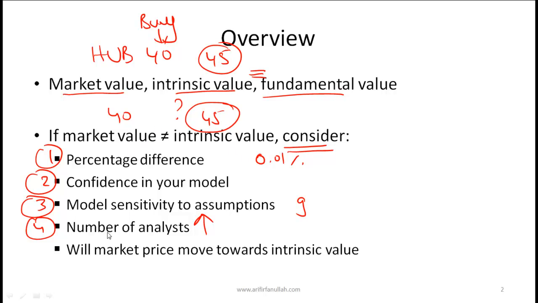And finally, even if you are convinced that the intrinsic value is more than market value, the question is whether you believe the rest of the market will agree with you in the long run. If you think that the rest of the market will not agree with you anytime in the near future, then you can be perfectly happy that the intrinsic value is 45, but if the rest of the market is comfortable with 40, then it is possible that this price of 40 remains 40 for a long time, and in essence you do not